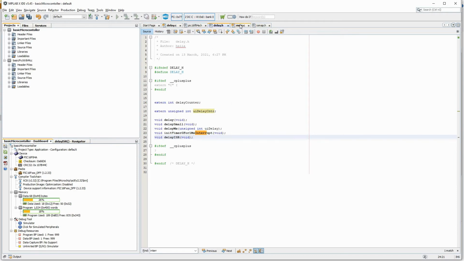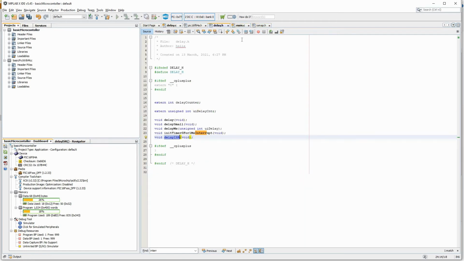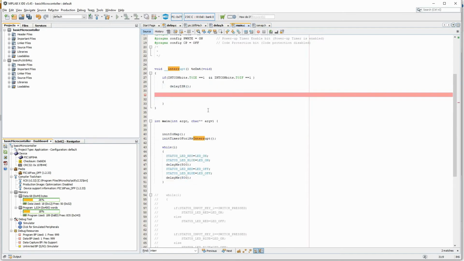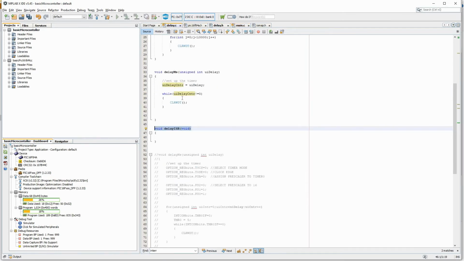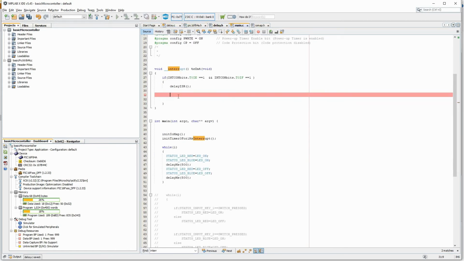Whatever code I had written, let me copy this, go to main, and call the function here, and whatever I'm doing here I will do in delay.c ISR. This is just to keep the code neat, not that you have to do a function and all these things. The only thing is the code here will be neat.